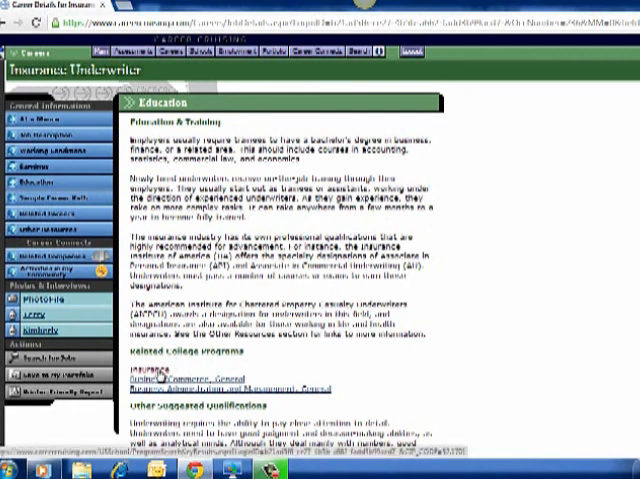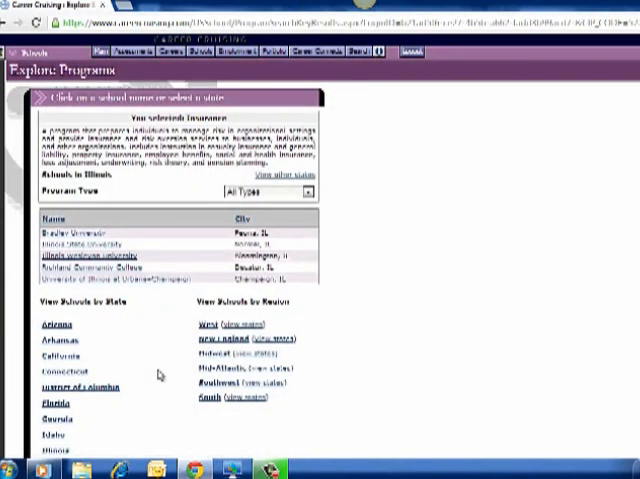So you highlight the related college major, and it comes up with all of the schools in Illinois that have that major. Now let's say you want to look in the Midwest, you would just simply